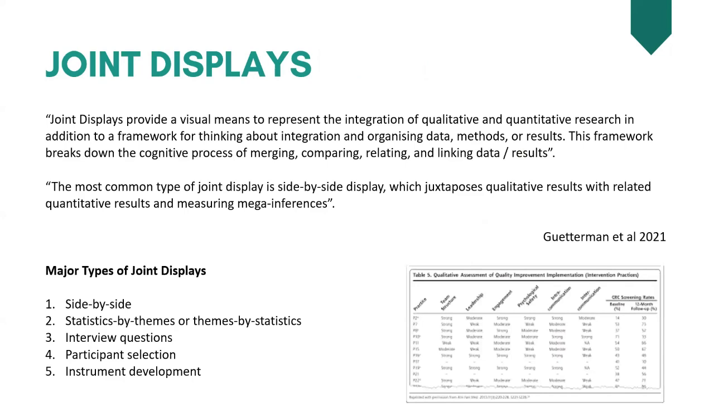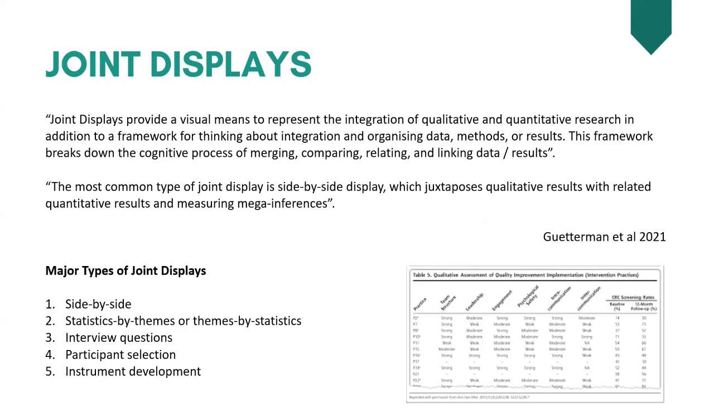Another approach, and this is something that's very, very useful from the dissertation perspective, especially when it comes to defense in NVivo, is a joint display. A joint display provides a visual means to represent the integration of qualitative and quantitative research. So at what point do they come together? In addition to providing a framework for thinking about it, the framework breaks down the cognitive process of merging, comparing,